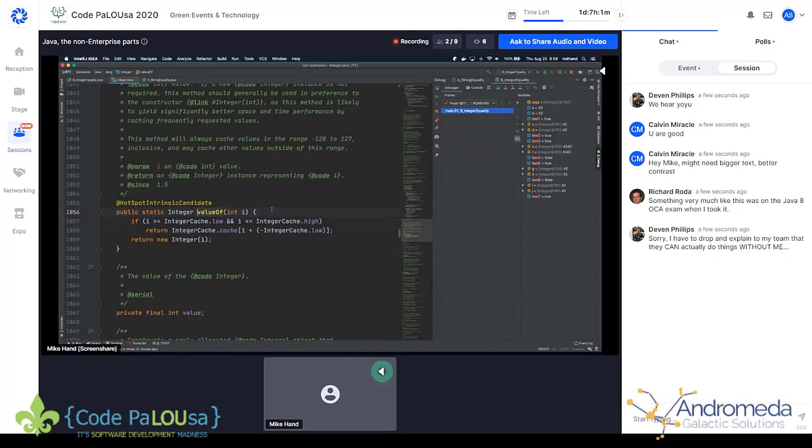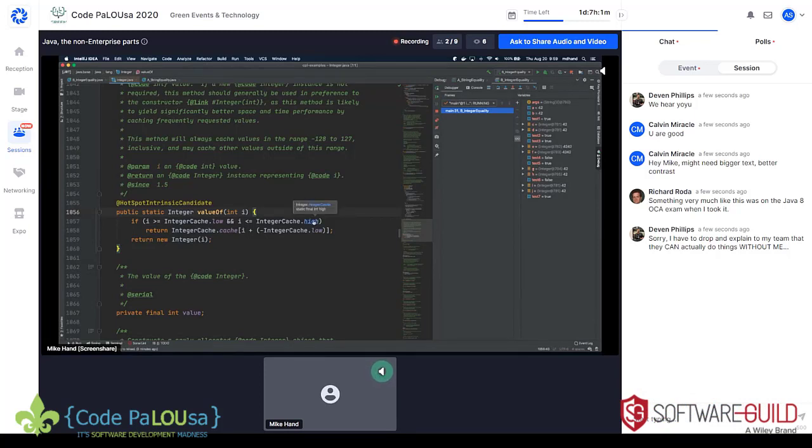So in the valueOf method, we're going to get the primitive int i, and we're basically going to say, is it greater than or equal to our lowest value, which is -128, or is it less than or equal to our highest value? And we'll look at that one in a moment. If it is, then the JVM has already created those Integer objects, and it's just going to return it. It doesn't have to instantiate it new. It says, I've already got one, I'm going to return it.